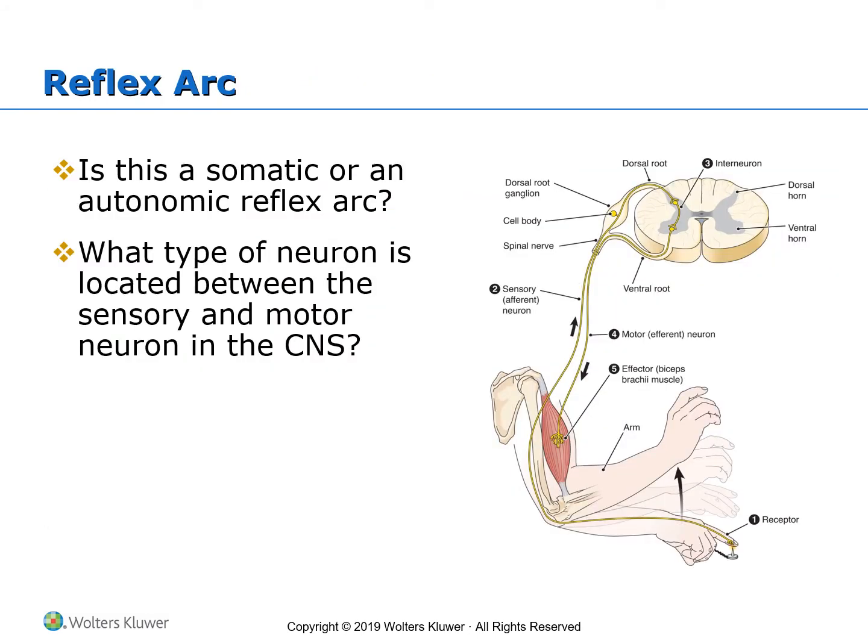Again, for a reflex arc, we have the receptor, we have the afferent loop, the sensory neuron that will bring in the information that will be exchanged at the level of the central nervous system that will create the response that will be sent out through the motor neuron to the muscle to remove the arm from harm's way.